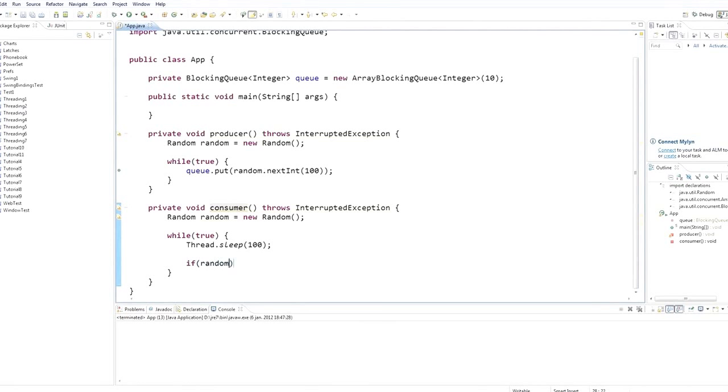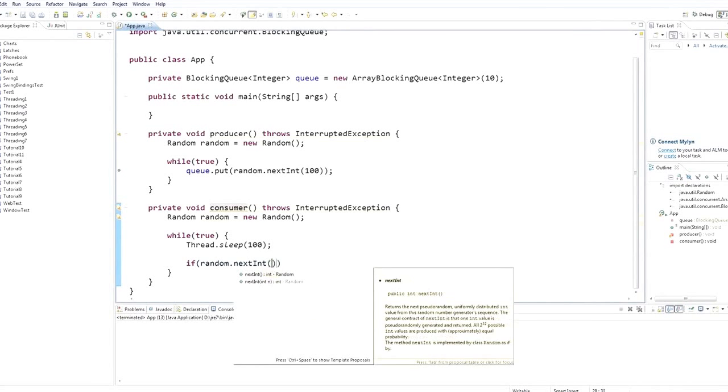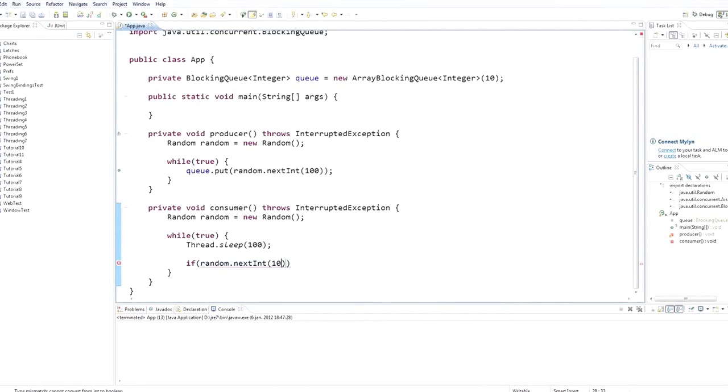if random.nextInt, and I'll make it count up to 10, and I'll say that if that equals 0, then I'll do Integer value equals q.take,